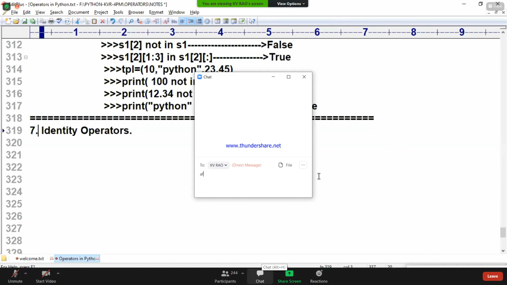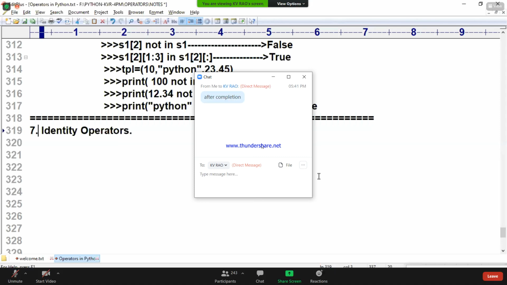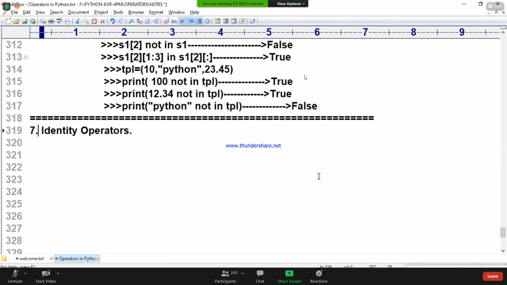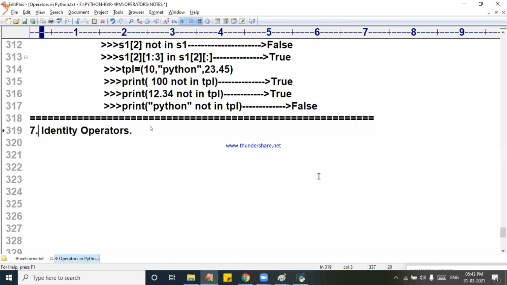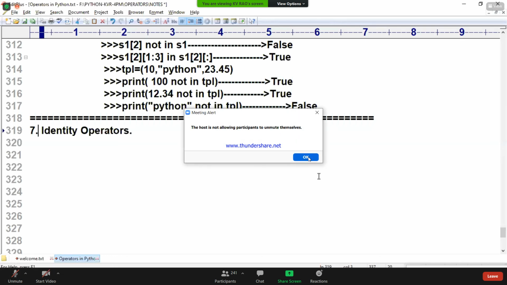If I upload after everything is over, you will have a complete document with you, I feel. Okay, after completion. Tomorrow it will be over, I will upload, sir. After everything is over, because you will also have the complete notes in one file. That is better. Okay, tomorrow I will upload anyhow.